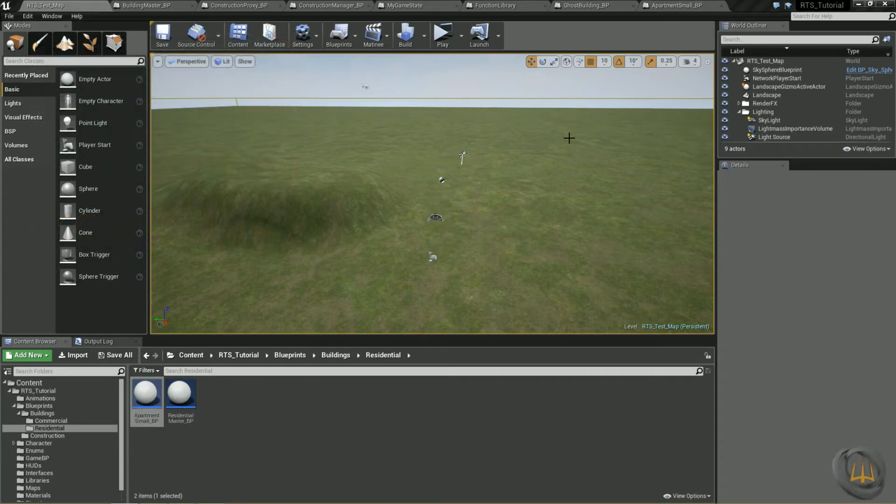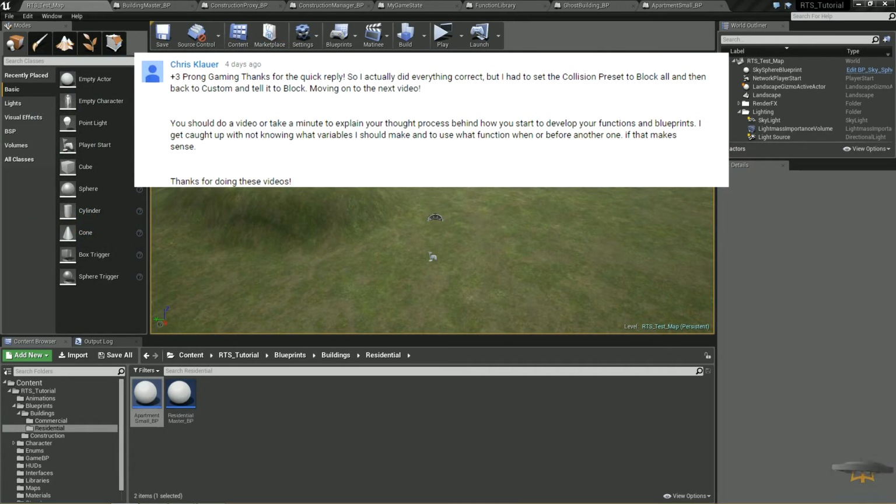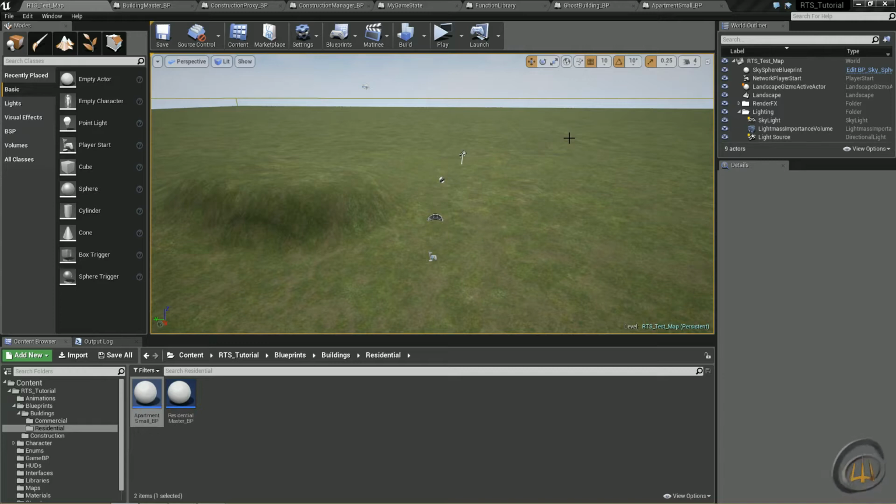I want to take a minute and mention Chris. Back in episode 10, he left me a comment, and he asked me if I could explain how I go about making my functions and variables and just my thought process when I'm designing stuff. So I just want to take a minute and go over that. That was actually perfect timing, because this is an area I planned on getting into anyways, because ultimately